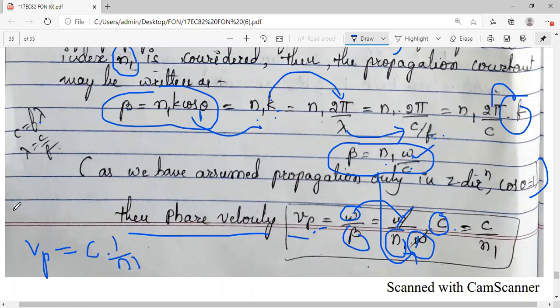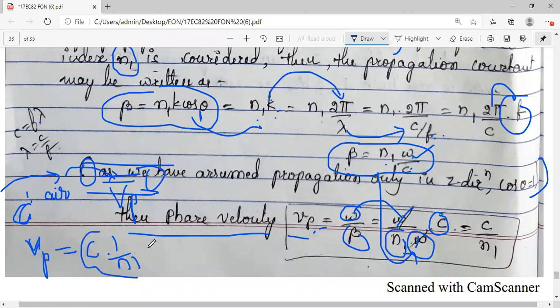So what you can observe now, when we consider the optical fiber communication, this is your optical fiber, assume the wave is coming from air. In the air, the velocity of the wave which is traveling is c, and when it enters the core material for further communication, its velocity is the phase velocity Vp. Now can you just look at the difference? In the air it is c, but inside the optical fiber it is Vp. Vp is c by n1.